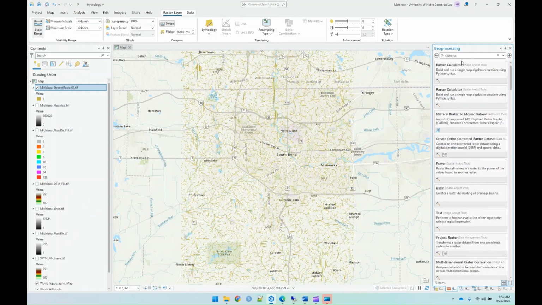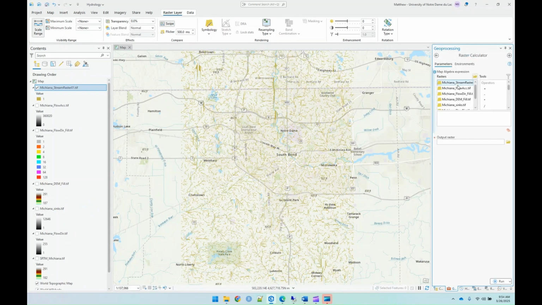So you can search for it. What you're going to do is bring in a tool. If you scroll all the way down here, there's a tool called Con. You could also just type this in. Con is a tool that if I give it a raster,